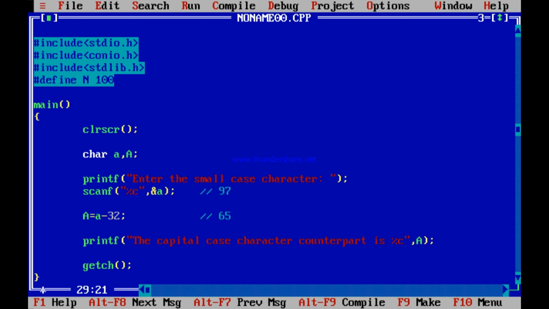Then you just convert it: capital A equal to small a minus 32. For example, 97 has been scanned, so you simply write capital A is equal to small a minus 32, and you make it 65. If you print it as %c capital A, then what will be printed? Definitely 32 will be printed. Let me run this program again and check.